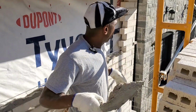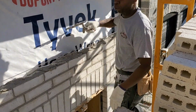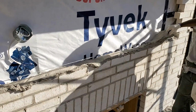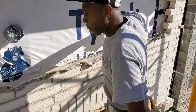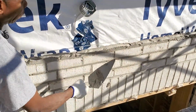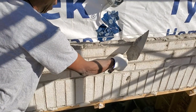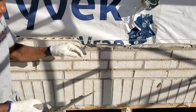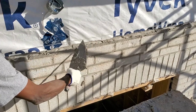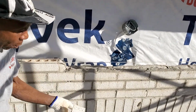Now that last bit of mortar, just flash it in like that. Then you have to spread your mortar, making sure all the brick is full with mortar. Then you clear your cavity and clean the front of your mortar line, wherein you keep your trowel exactly in line with your line. Exactly in line with your line, okay? Not like this, not under the line, because you're going to be removing the mortar from off the brick. Now we're going to be putting the brick, making sure